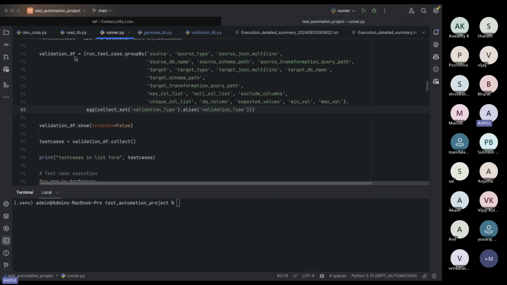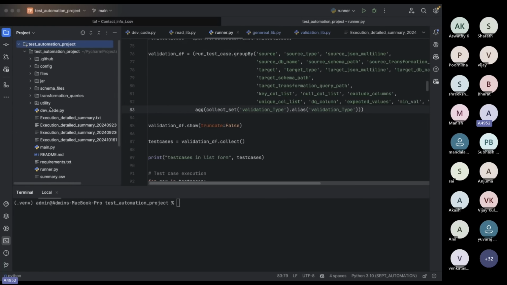But I'll give one more framework which is not using any Pytest concepts. Okay? So I'll give the code, but you can go through the code and understand it. This framework does not use any Pytest or BDD frameworks. It is just simple scripting to do ETL and big data automation using Python and Pyspark.